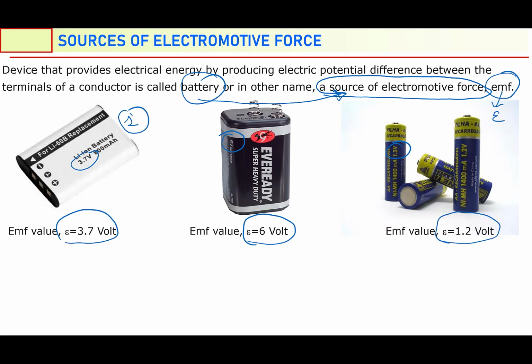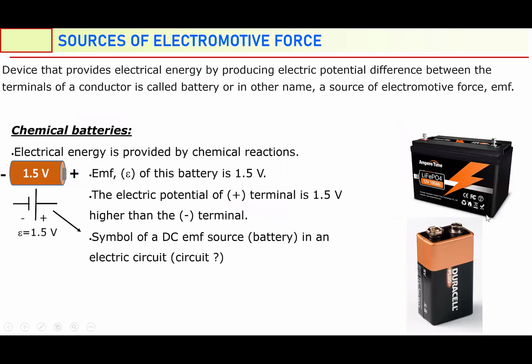What does this EMF value mean? This EMF value means one terminal of the battery is greater in electric potential than the other terminal. The positive terminal of the battery will be at a higher electric potential than the negative terminal of the battery by that number. For example, this diagram tells you that this battery has an EMF value of 1.5 volt. It tells you that the positive terminal of this battery will have an electric potential greater than the negative terminal by 1.5